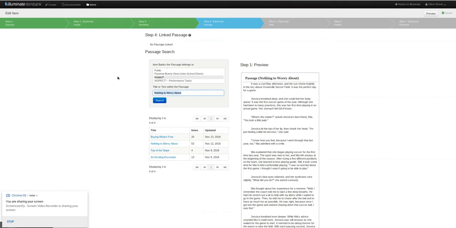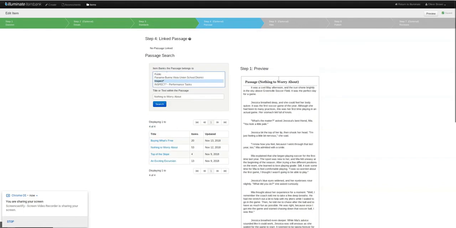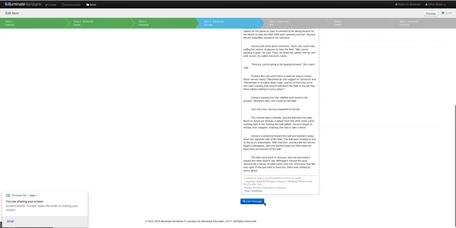Step number 4, I am then going to link that initial passage. Because I've only created the new item and the stem associated with that item, I do also need to include the passage. So what I've done is I've selected the bank in which the passage is associated, so the Inspect Item Bank. I typed the text or name of the passage that I'm searching for, and then over on the side, once you select it, you will see a preview of that passage. This means that you are going to allow students to view the passage along with the stem or item type, and then I would click link. I'm now going